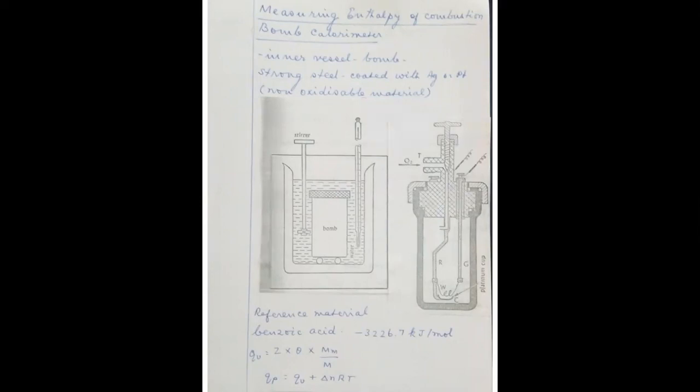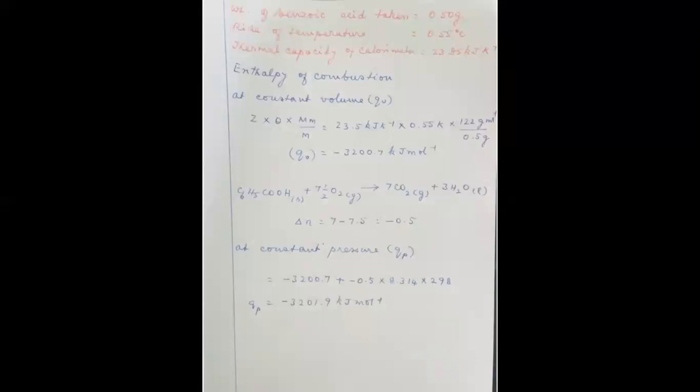Now you see, when you do this problem, you can understand. Look at here. Normally I take 0.5 gram of benzoic acid, and the temperature rise is found to be 0.55 degrees centigrade, and the thermal capacity of the calorimeter, that is Z, is found to be 23.85 kilojoule per Kelvin. So now I'm going to calculate the enthalpy of combustion at constant volume. So according to the equation, Z into theta into molecular mass divided by mass of the substance taken, which is equal to